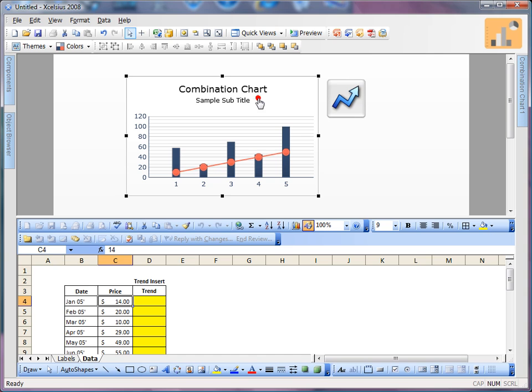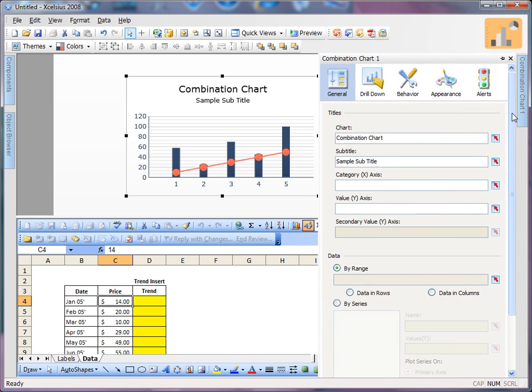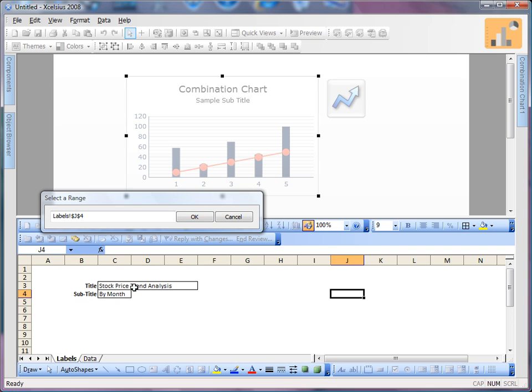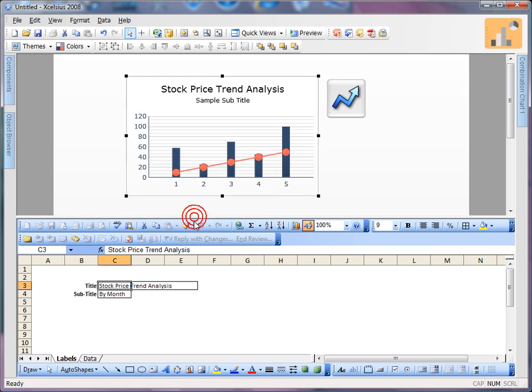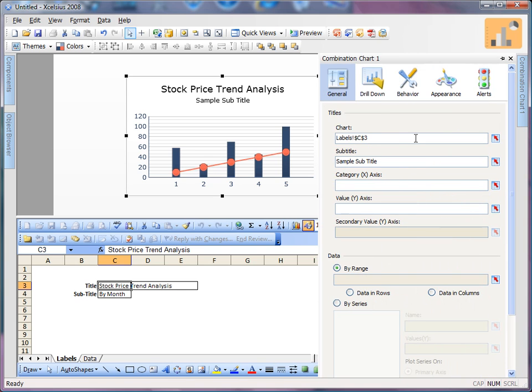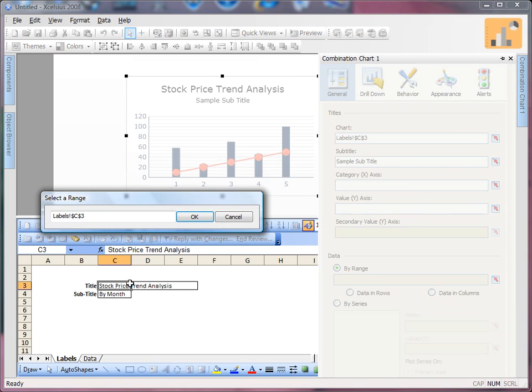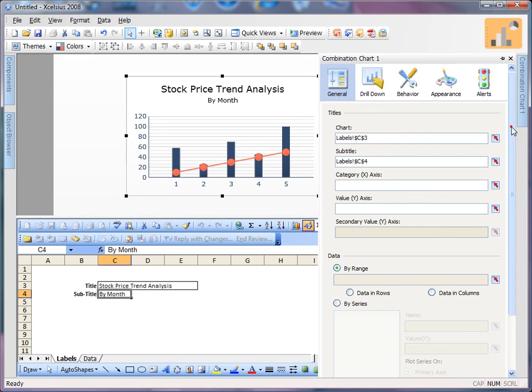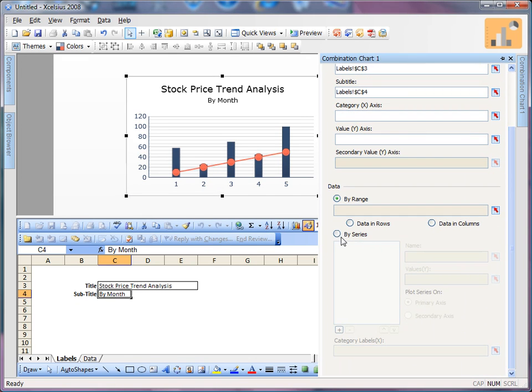And we're going to use the Trend Analyzer component, which you can always find under the Other category. So first, let's bind the actual data to our combination chart. Let's give the chart a title. We already have the titles in the label worksheet, so we will simply select the title cell and bind it to the chart title, and bind the subtitle by month, and bind our actual data by adding a series